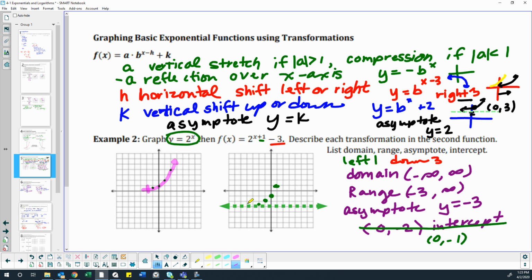There we go. So my highlighter is going to go approximately there. You can see how my graph has moved left 1 and down